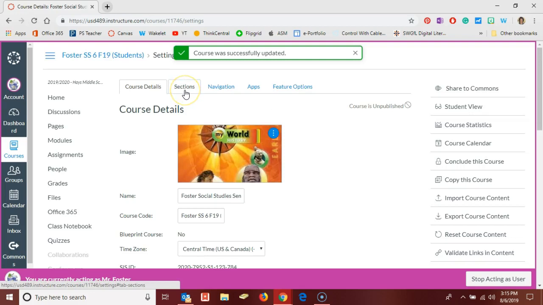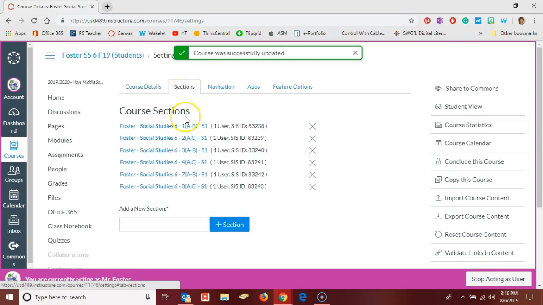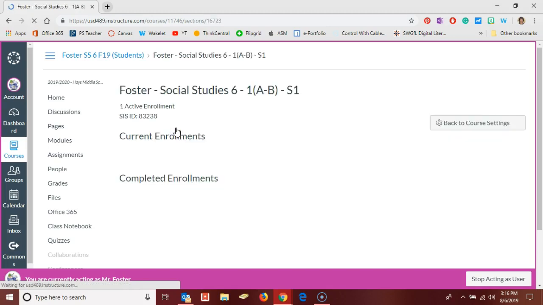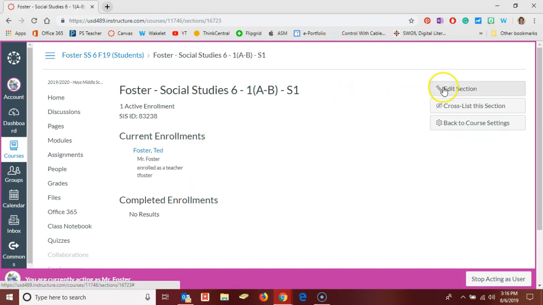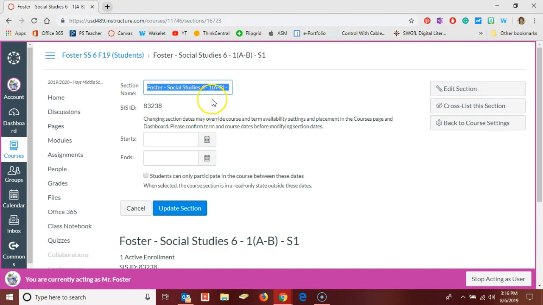The next thing we want to do is go to our sections and rename those as well. So you can see here again they come in with some sort of code from PowerSchool. At the middle school it's a little bit easier. The 1 does mean first hour, second hour, etc. At the high school you need to find out what the gold and maroon schedule is that coincides with those numbers before you change these. So I'm going to click on the name of a section, and then I'm going to click here to edit section, and here at the top I'm just going to make this first hour,